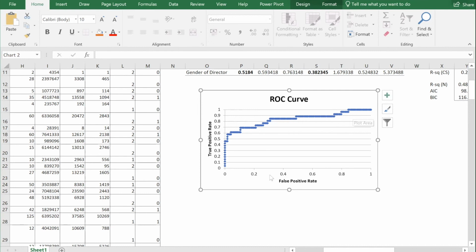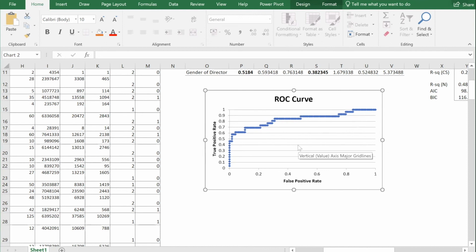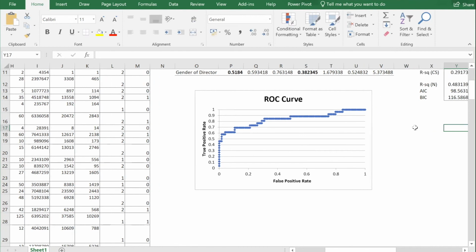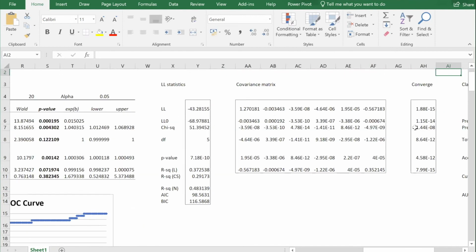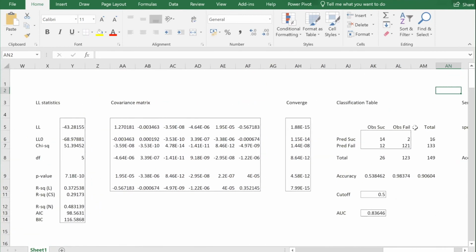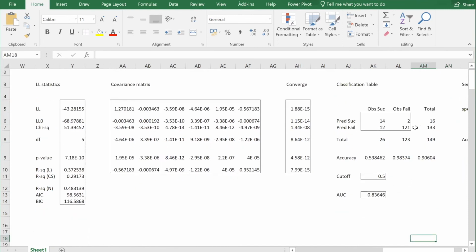If this is the curve, you can find out the total area under this particular curve. A higher area under the curve indicates a good model. We can see the total area under the curve below the classification matrix. You can see here the AUC is 0.83.